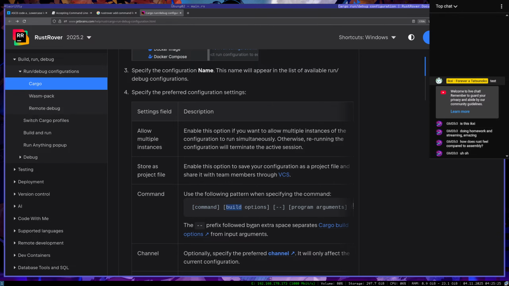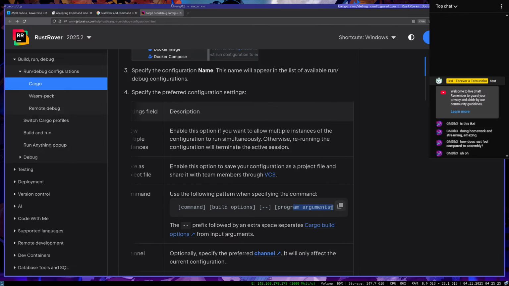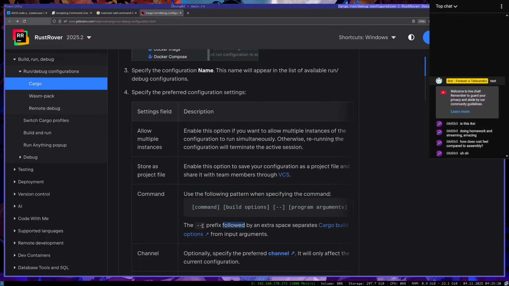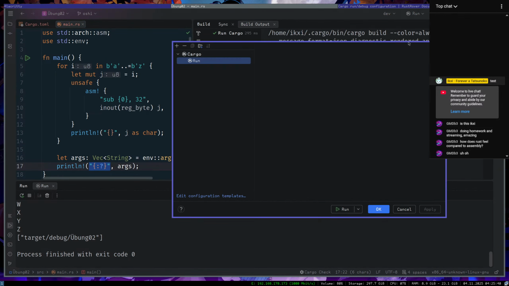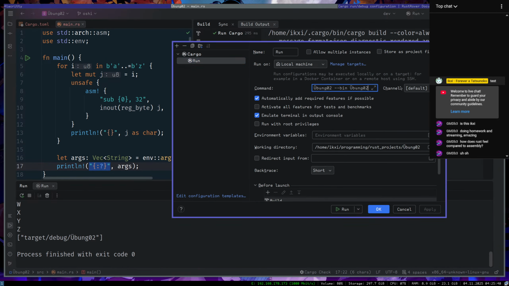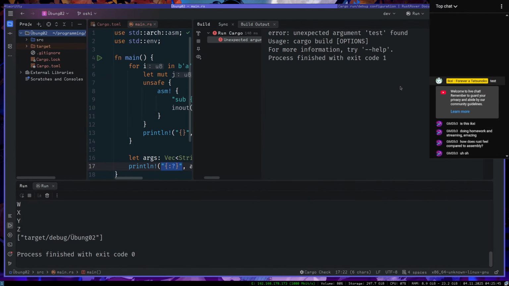And then command, build options, program arguments, okay. The dash prefix followed by extra space separates cargo build options, okay. Okay, let's see. Test. Unexpected document test. Cool.